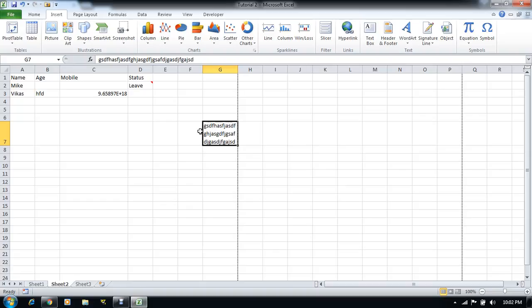Before going to the next videos, please learn these basic things, because I want you to be awesome at Excel. If you don't know the basics, how can you go on to the advanced things? So please learn these basic things, these shortcut keys, and everything we have discussed so far. Then we will start learning more about Excel. Excel is a good application, so we will do Excel in the next videos.